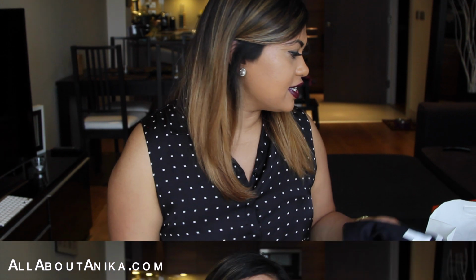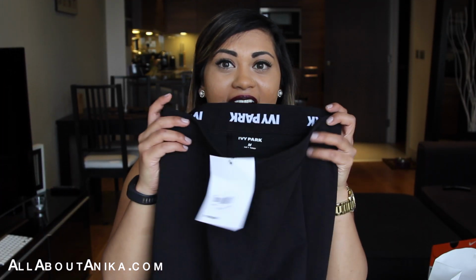So I thought I'd pick this up, and a few other things that I'll share with you, but I am just so amazed at this price. The price point is really decent. I think this was £22 for the sports bra, which in comparison to Nike or Lululemon gets really pricey. So the next thing I actually got are Ivy Park leggings, and these are in the size